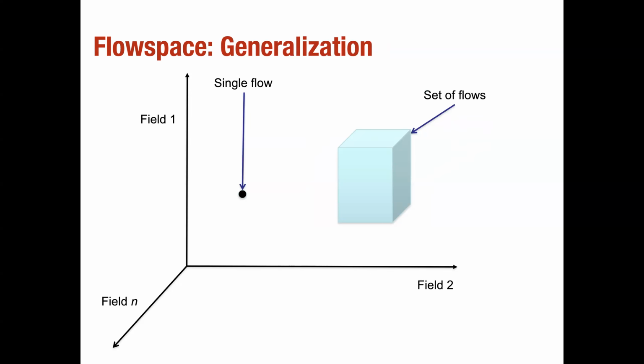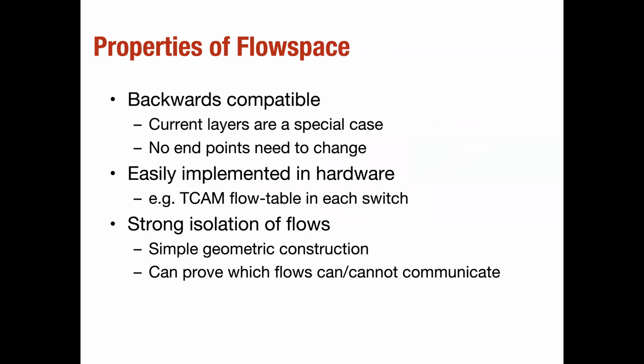So there are some properties of these flow spaces that are important from a networking perspective. One, they offer backward compatibility: the current layers that we have in the packet are a special case. In the future we can replace them with something else, and we will still be able to extract those arbitrary combinations of bits to define flow spaces. So what we have with the existing layers, and when I say existing layers, think about Ethernet, IP, and TCP, those are a special case of what is possible within the flow space, right? But technically a flow space can be any arbitrary combination of the bits that you have in the headers, right?